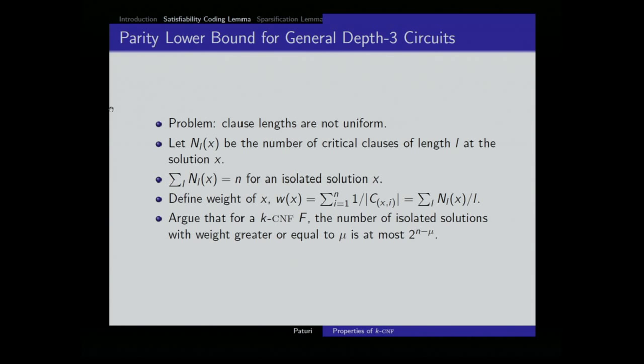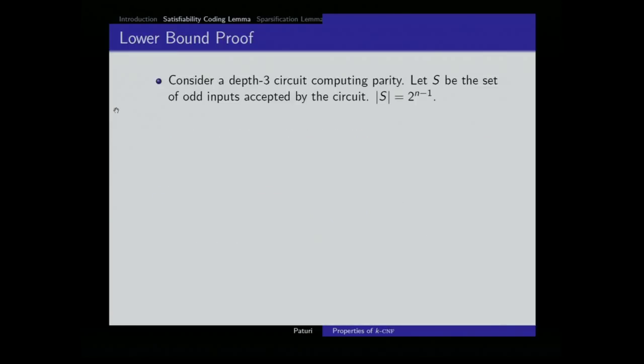So we're going to make a twofold argument. First of all, there cannot be too many solutions with weight greater than a particular number. The same argument as before, we are generalizing it. Before, mu was n over k, now mu is whatever it is, and we are going to fix an appropriate mu in a second and generalize the previous argument that you cannot have too many isolated solutions.